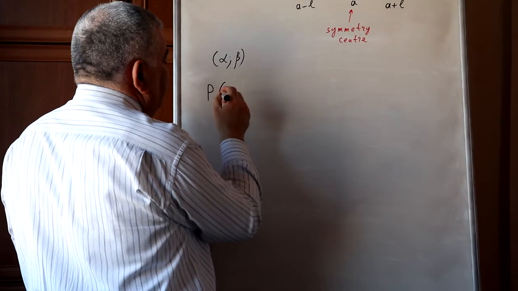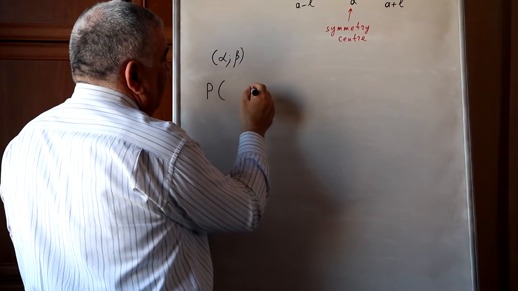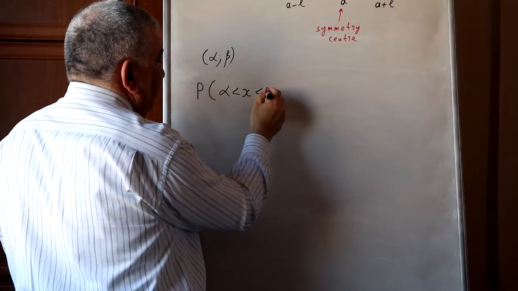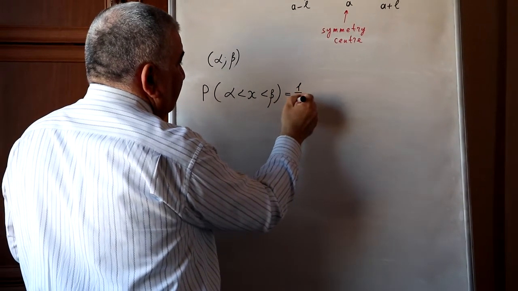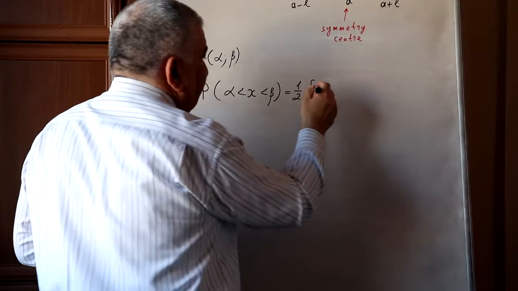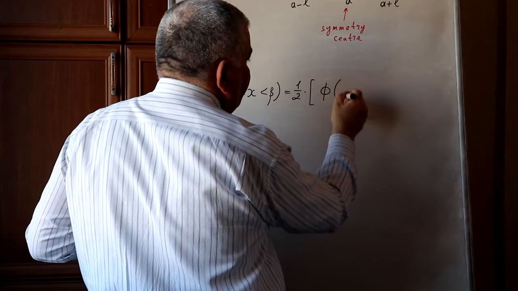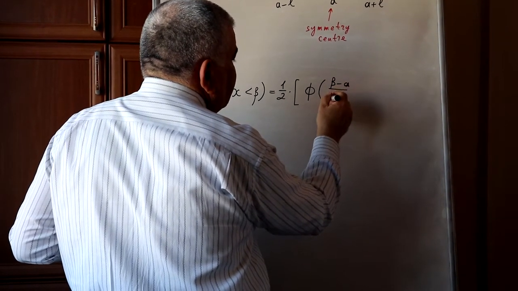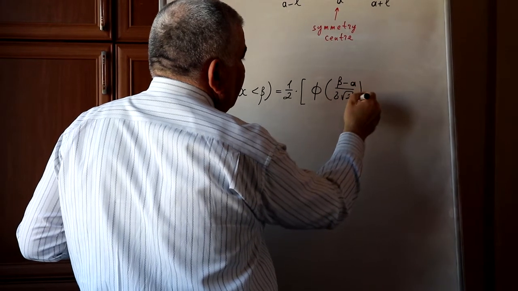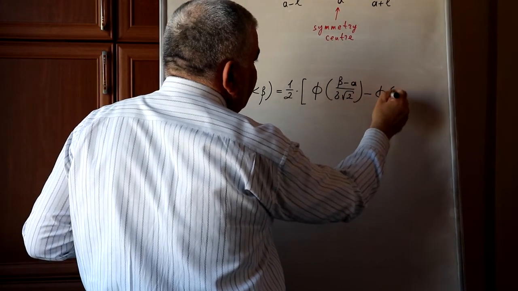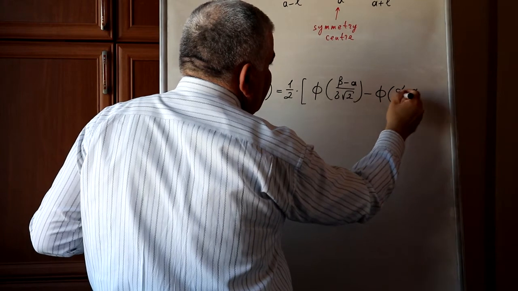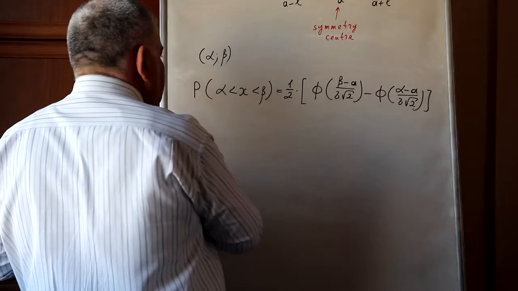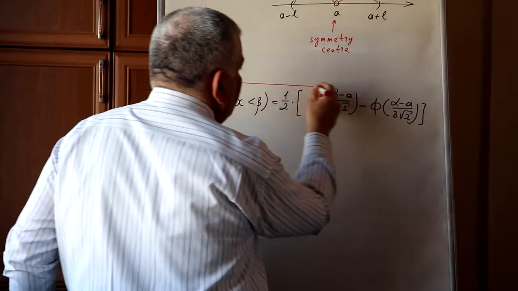P that continuous random variable x is situated between alpha and beta is equal to 1 second multiplied by phi capital of beta minus a over sigma square root of 2 minus phi capital of alpha minus a over sigma square root of 2. This formula already is known for you,